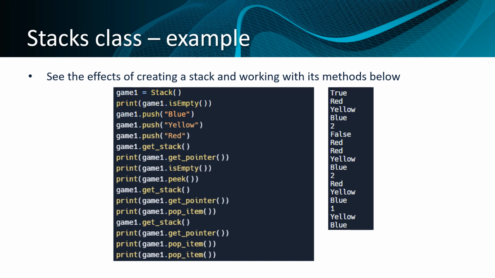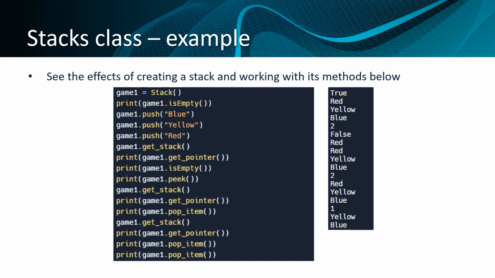And if I do get stack, you can see that once again it still has all the same items in it. Nothing was removed when we used peek. When we say print game1.getPointer, it's still showing level 2 because it is pointing to item 2, which is